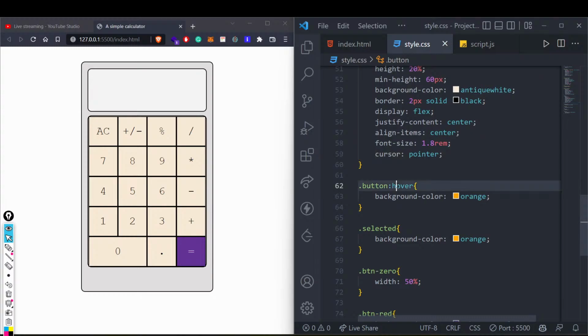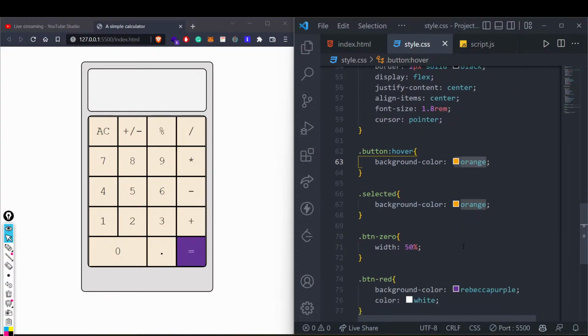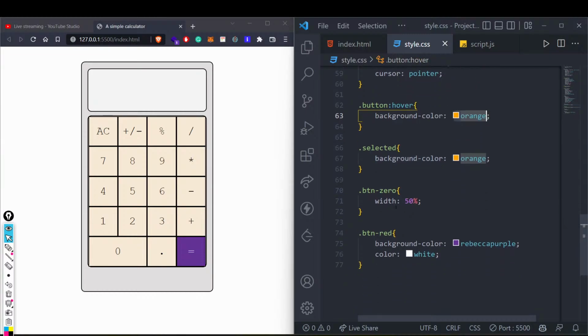And this particular thing is doing what? As soon as we hover on this button, what will happen is we'll change that color to this thing. And if anything is selected, then that color will also get changed to this orange bar, right? And all these are some simple styles.